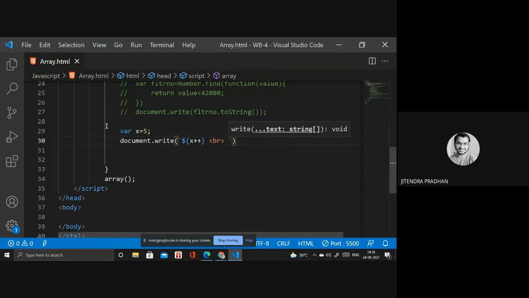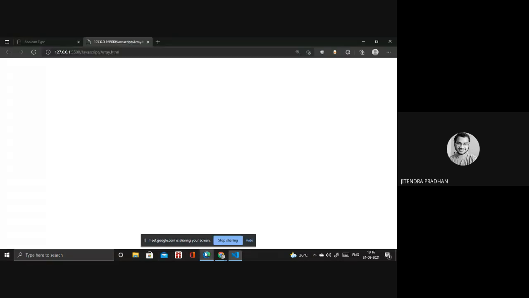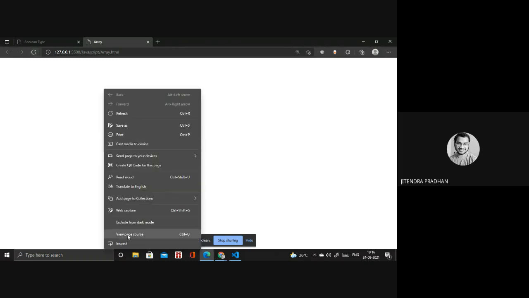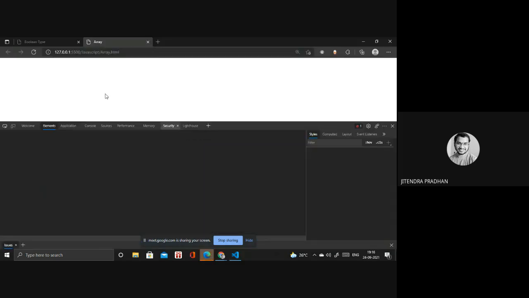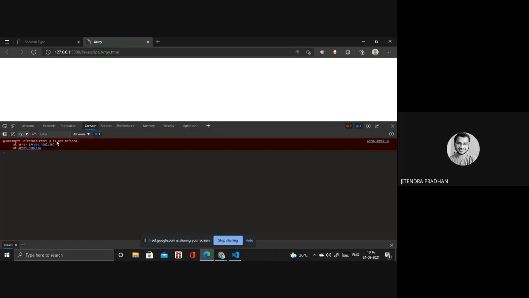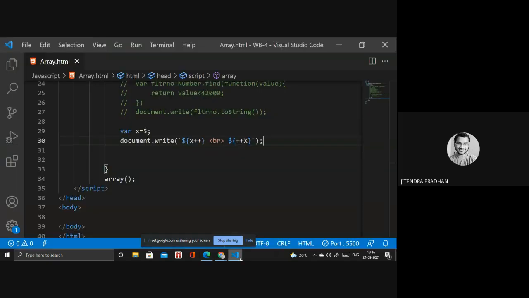It's like x plus x. Not open. You're opening that in live server, not here, we are opening the things. Console: x is not defined. So we are giving that one, I think, capital letter.